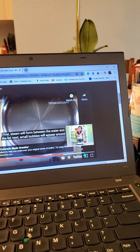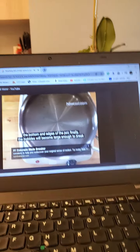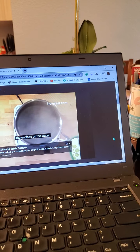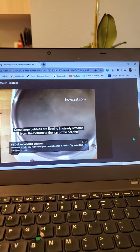First, steam will form between the water and the lid. Next, small bubbles will appear around the bottom and edges of the pot. Finally, the bubbles will become large enough to break the surface of the water. Step 5. Once large bubbles are flowing in steady streams from the bottom to the top of the pot, the